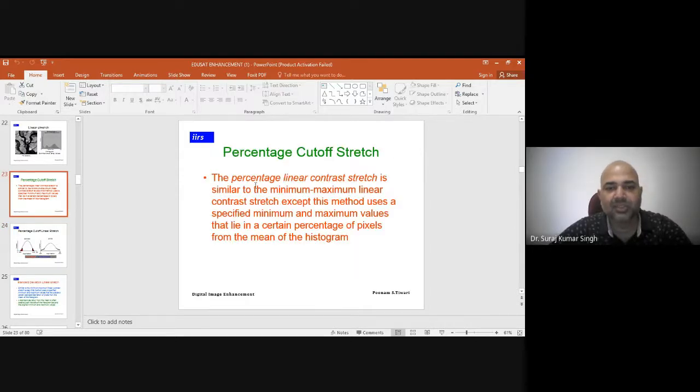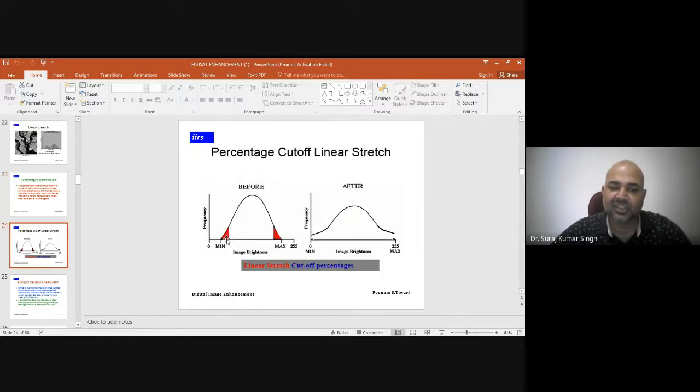So the percentage linear stretch is similar to the minimum and maximum linear contrast stretch, except this method uses a specified minimum and maximum value that lie in a certain percentage of pixels from the mean of the histogram. This is the red portion we have highlighted. So this was the appearance of the image and the histogram, or the distribution of the pixels with their frequency, after the effect of the percentage cutoff linear stretch.